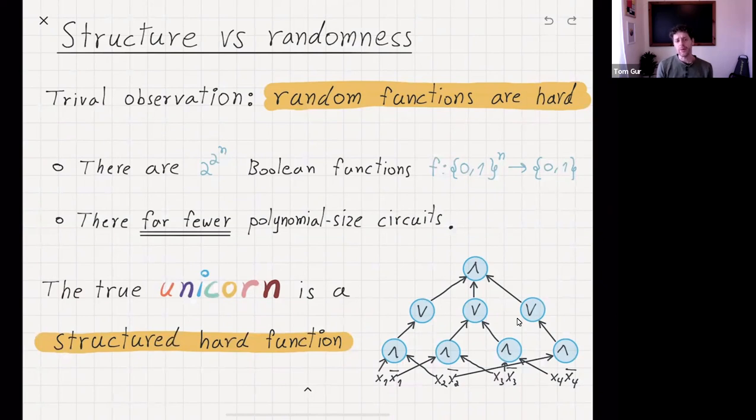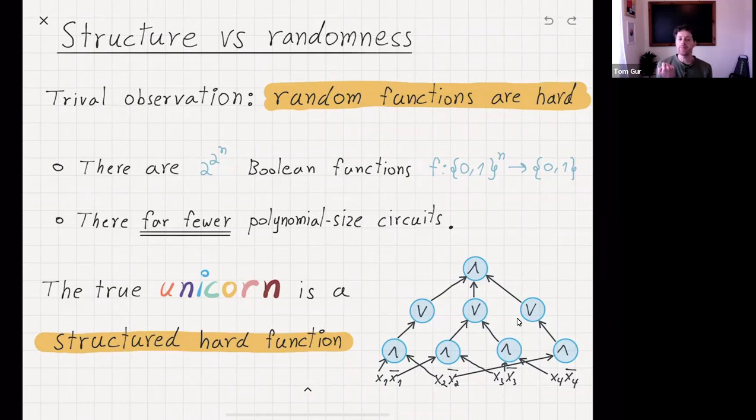And I want to talk about this paradigm of structure versus randomness. I'll give the simplest example right now, and we'll see this will be a recurring motif throughout this talk. So, we transitioned from Turing machines and now we're moving into circuits. And there's this question of,